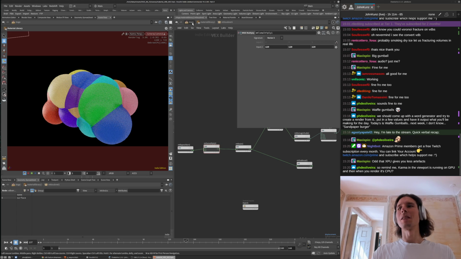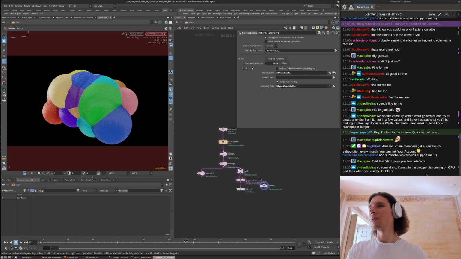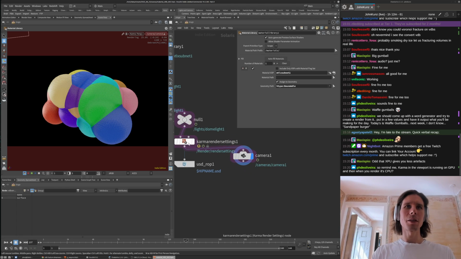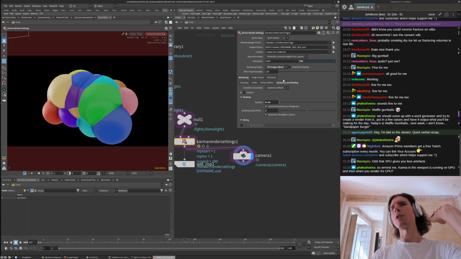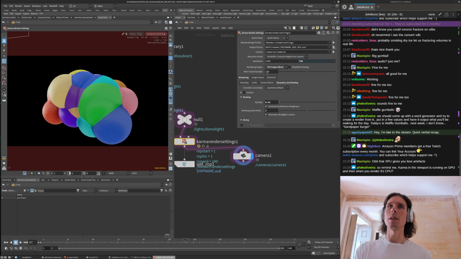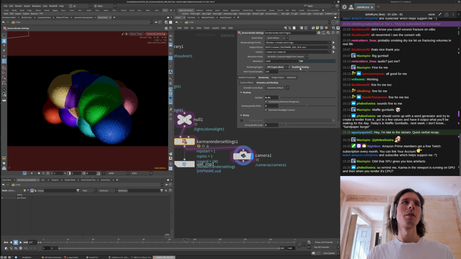I mean, it's running on GPU, and then when you render it's CPU. The XPU is like an Intel initiative, I think, designed to leverage both your GPU and your CPU at the same time. And then CPU is strictly just CPU. So this XPU stuff should be allowing your GPU to help out. I don't know what the simplified